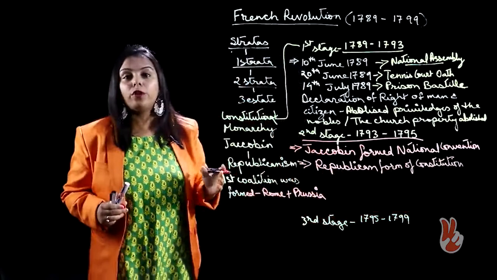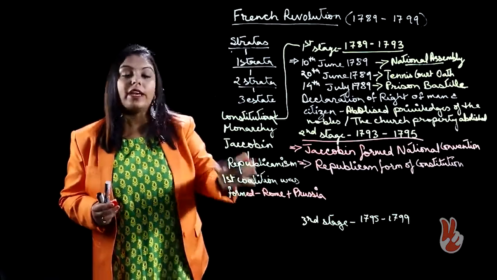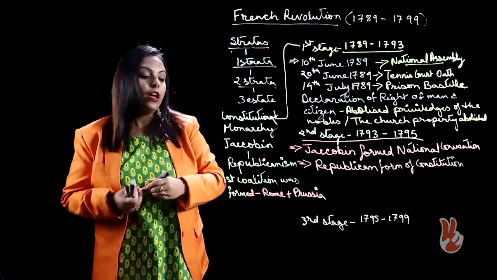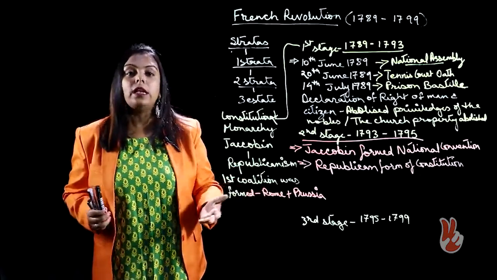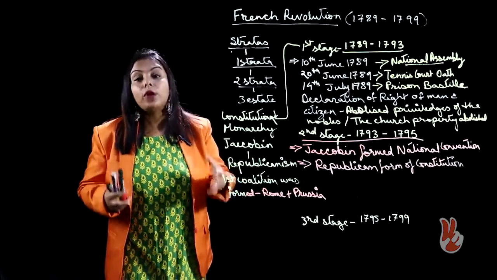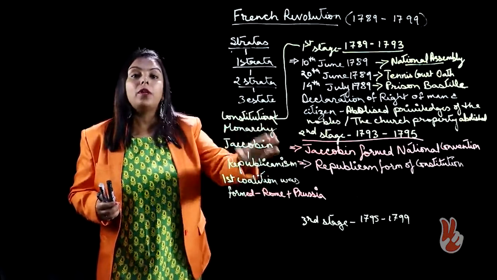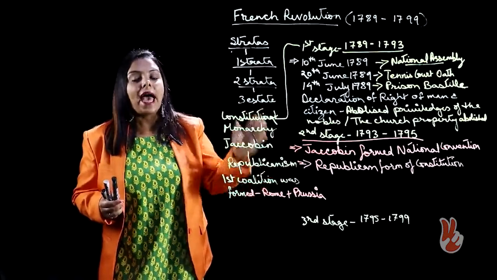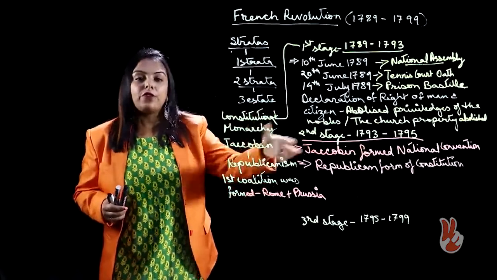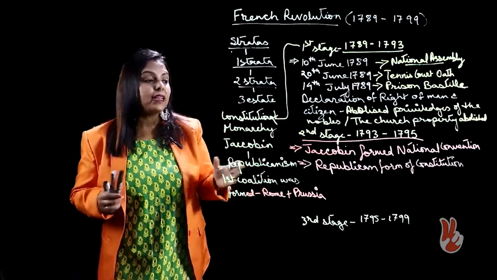One more thing you have to remember, during this time France was fighting its war against various coalitions of European nations. All the European nations like Rome, Prussia, then Russia as well, and Spain also, all came together to fight against France so that they could curb the momentum of the French Revolution and establish the monarchy in France again. So, this was the time when France was continuously fighting war with all these coalitions, all single-handedly.